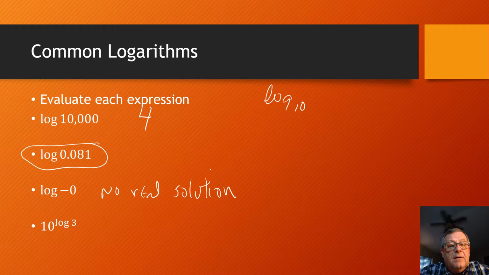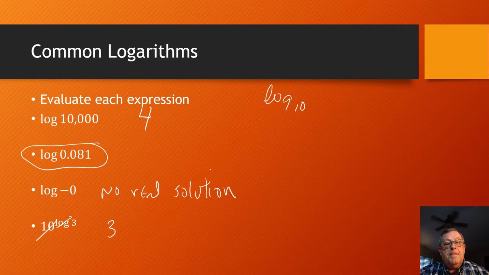All right, and then how about 10 raised to the power of the common log of 3? Well, 10 and the common log are going to cancel. And so this is going to equal 3. But remember, if I've got 10 raised to the power of the log of x, x being 3 in this case, it's equal to x as long as x is greater than 0. Which, by the way, you can't take the log of a negative number. The log of something could equal a negative number, as we're about to see, but you can't take the log of a negative number. So let's move over here to the calculator and let's evaluate the expression,